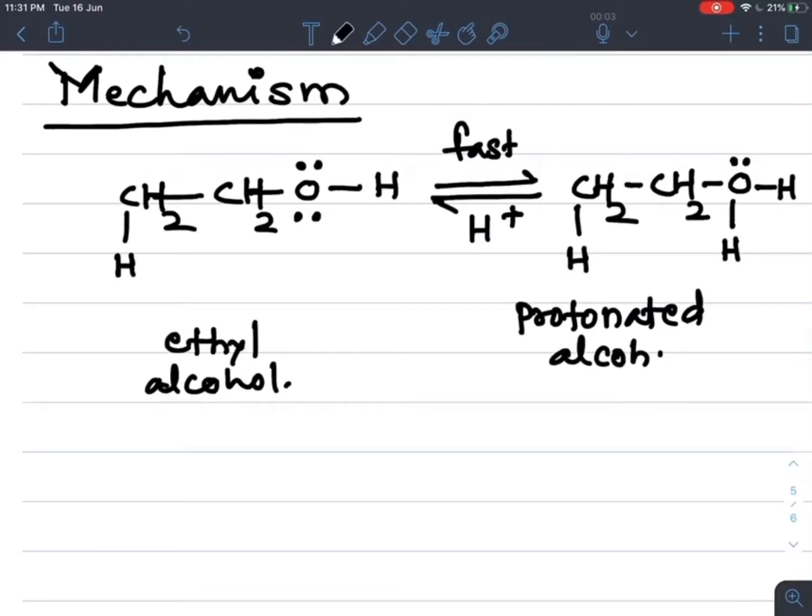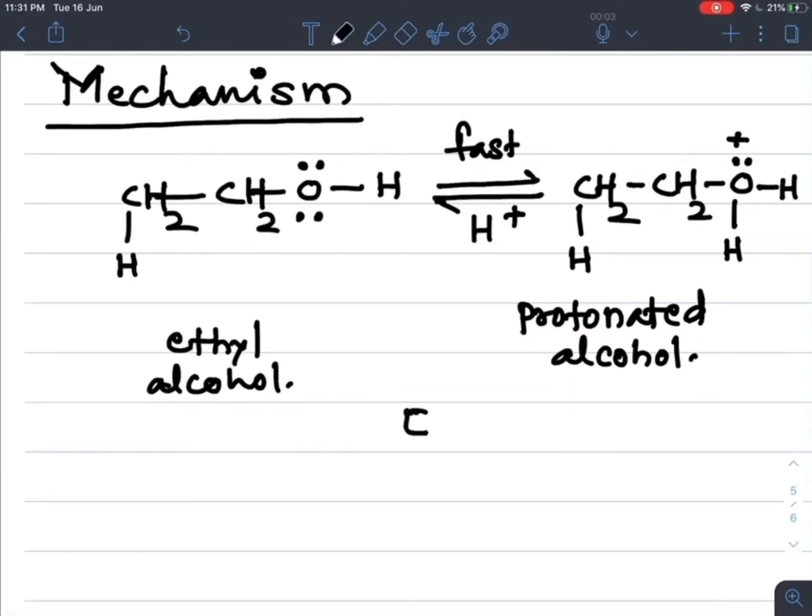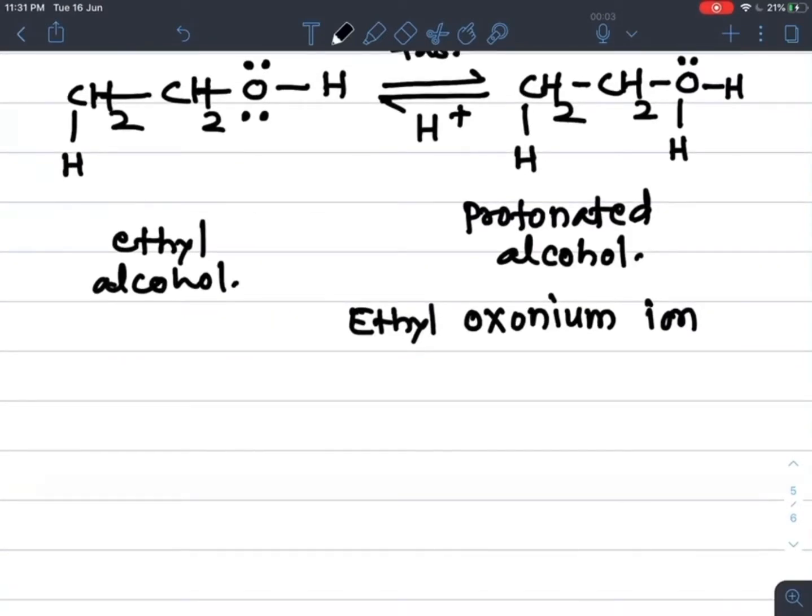alcohol is formed. Now, because this oxygen donates the lone pair of electrons, it carries a positive charge and becomes unstable. The name of this compound is ethyl oxonium ion. This protonated alcohol is nothing but ethyl oxonium ion, which is unstable, and to become stable it is converted,